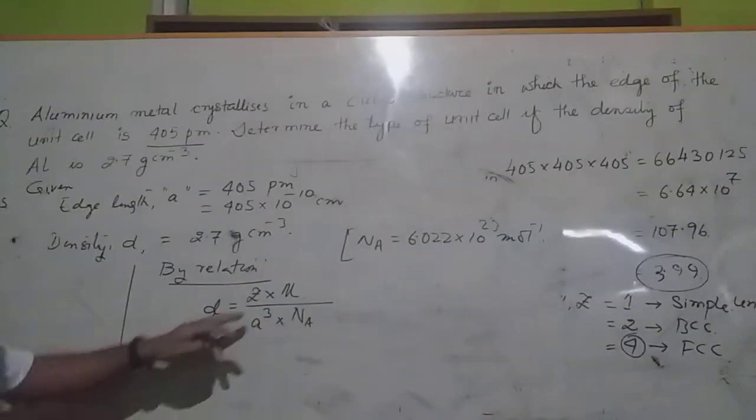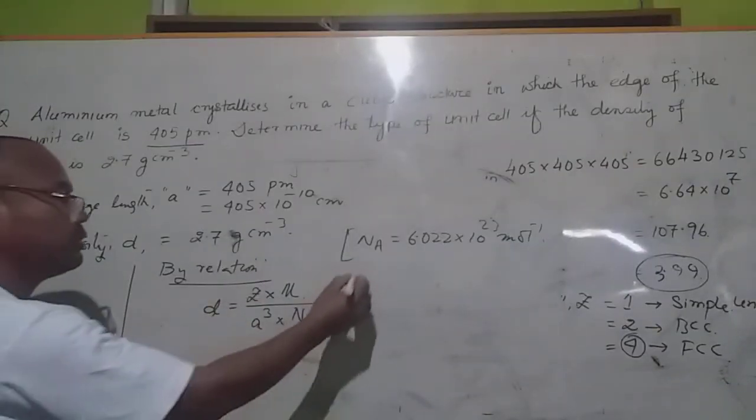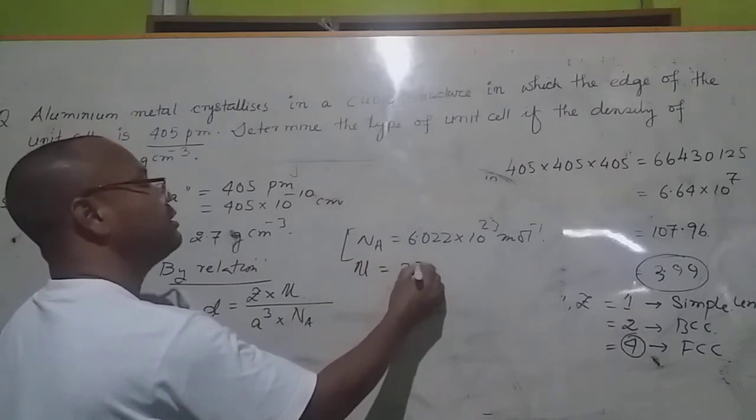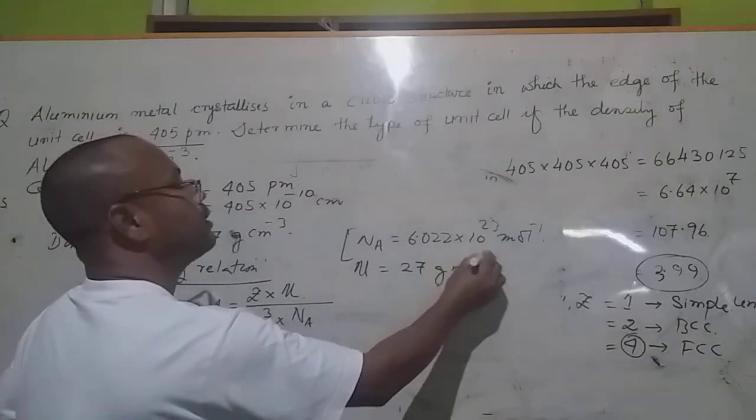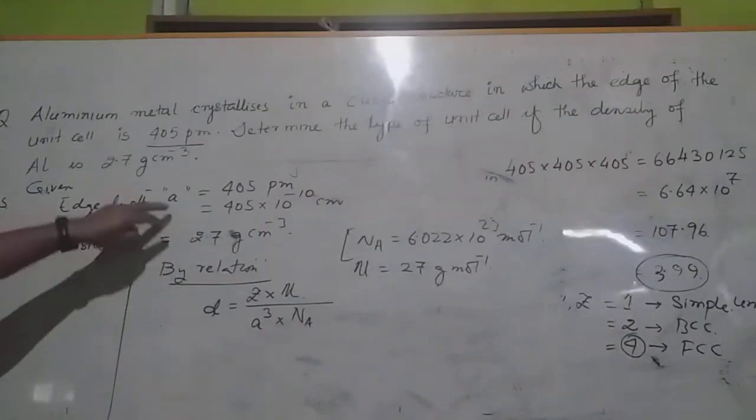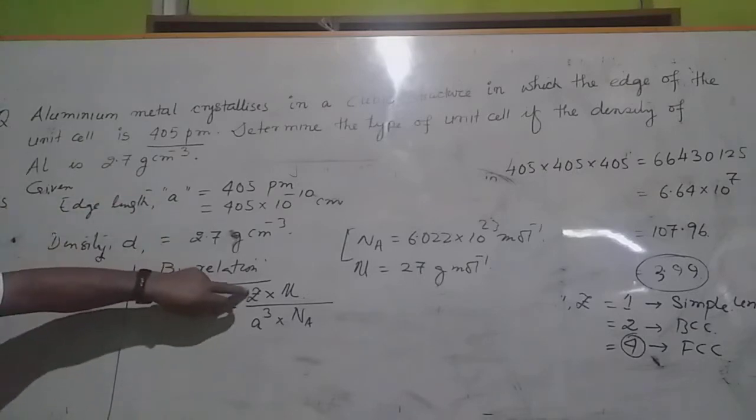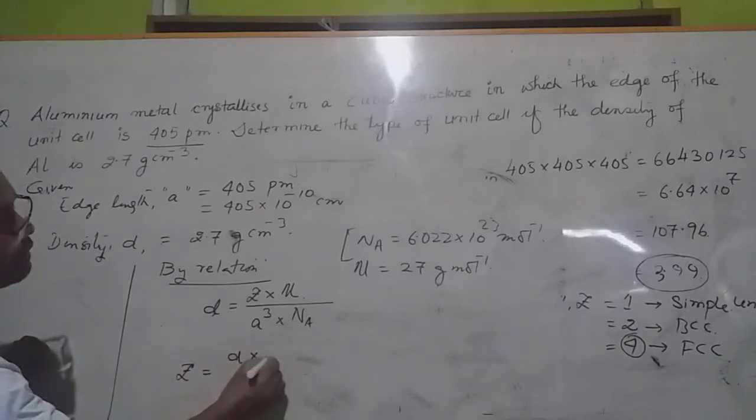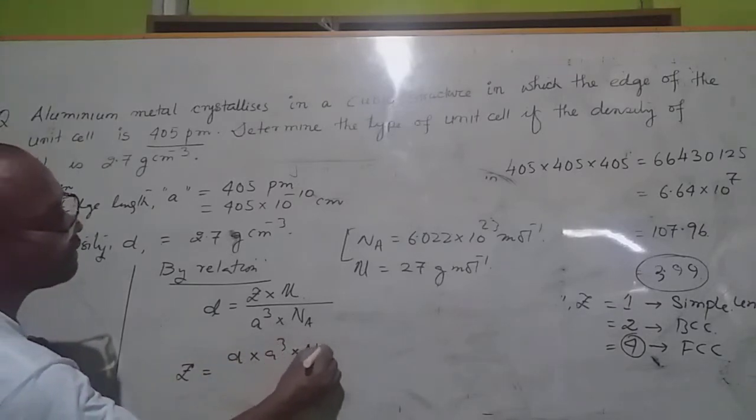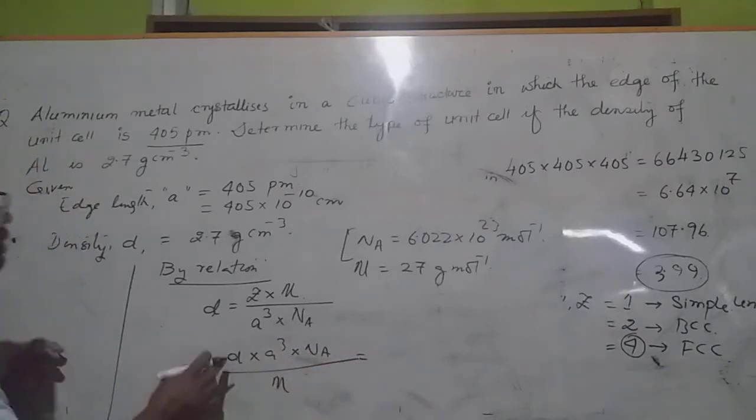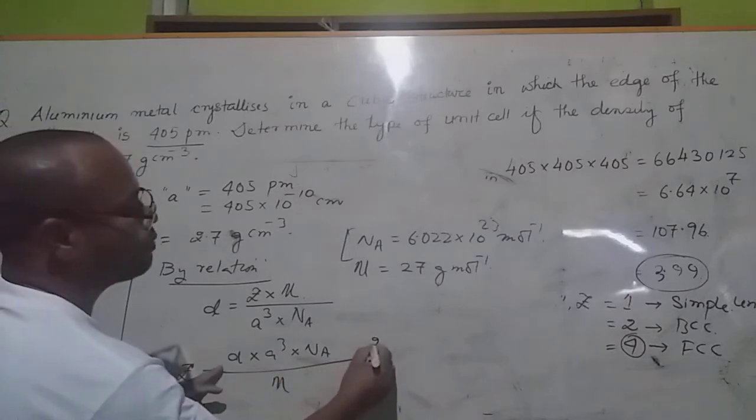And one more, what is the molar mass of the aluminum? As you know, the molar mass of aluminum is 27 grams per mole. So we know this, density is given, and edge length is given, so we need to calculate the Z value. How to calculate the Z value? Z is equal to, cross multiplying, D a cube into Na divided by molar mass. Now here, the density is 2.7